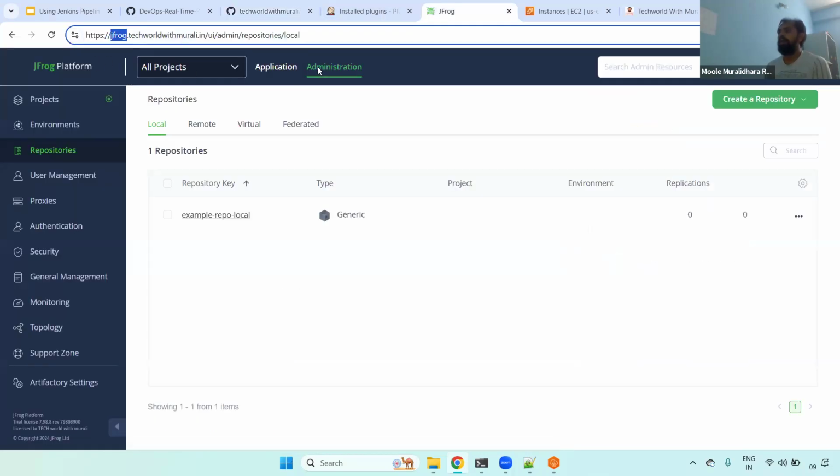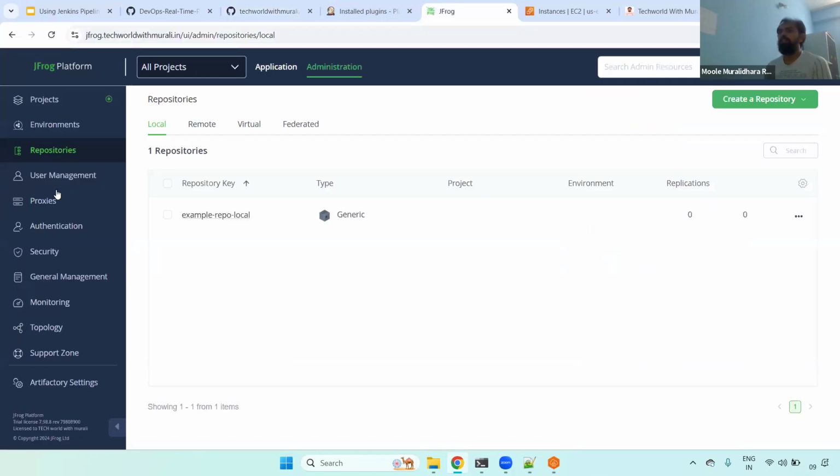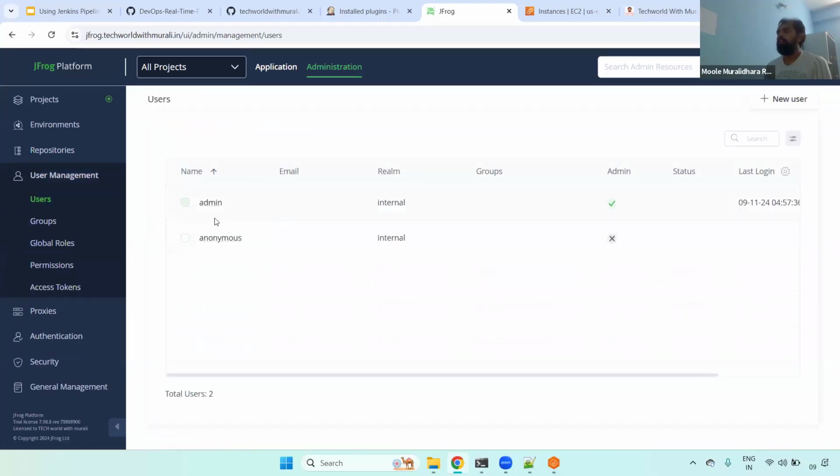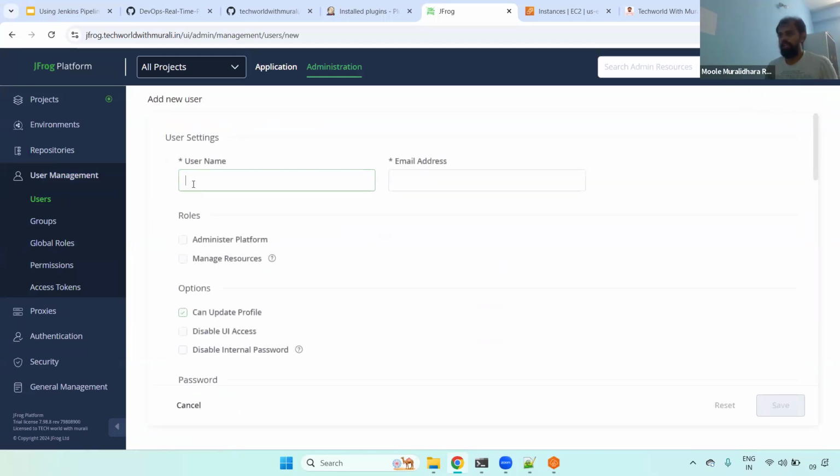Now we can go to JFrog and go to the administrator. Here we have user management. Click on users. Now here we can verify whether the user exists or not. Currently we don't have that particular DevOps user. Click New User, and here you can give DevOps. Okay, and here it is asking for the mail ID, I'm giving DevOps@techworld